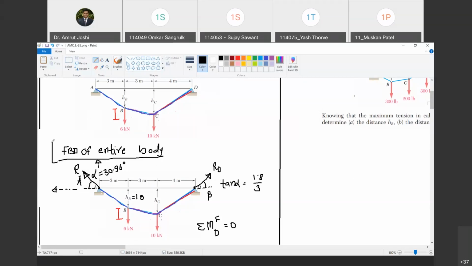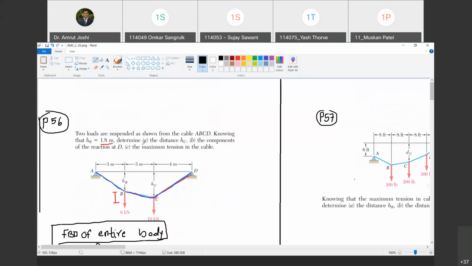Yes. Now, what is the next step? So the next step now is to draw a free body diagram. First of all, cut the cable where you know something about the position of a point. For example, do you know the position, the deformed position of point B? You already know the deformed position of point B. Yes, sir. Do you agree with me? Yes, sir. Happy? So that is HB. So therefore, what you can do is you can give a cut at B.